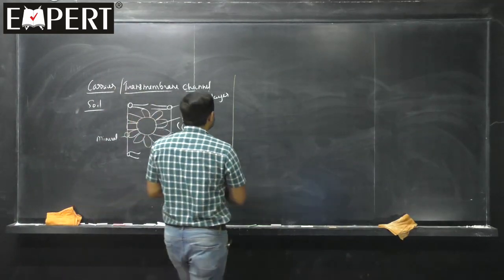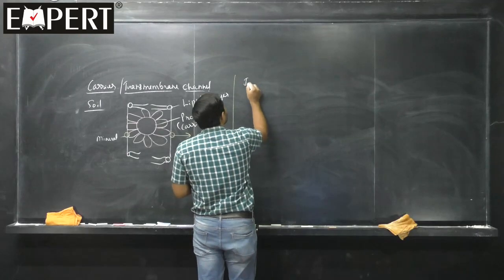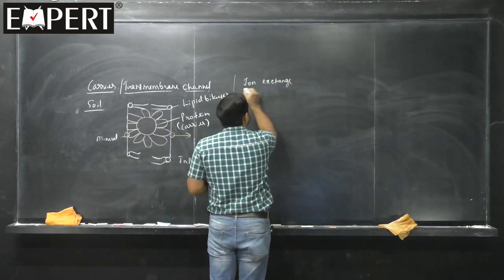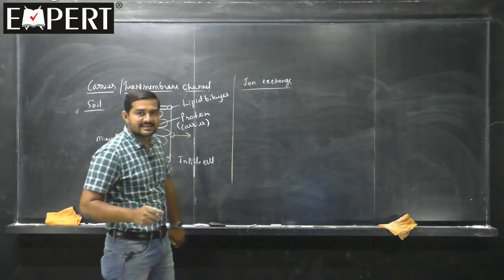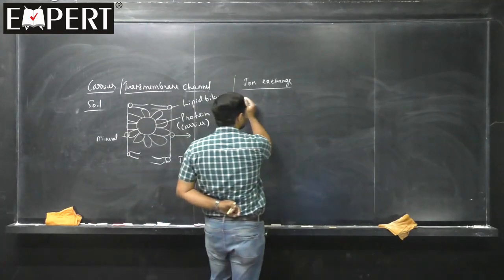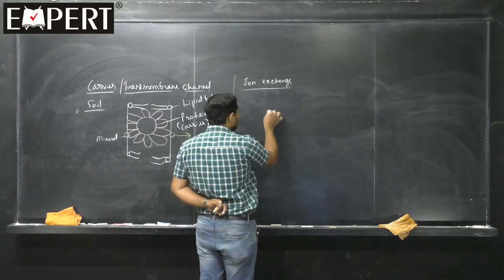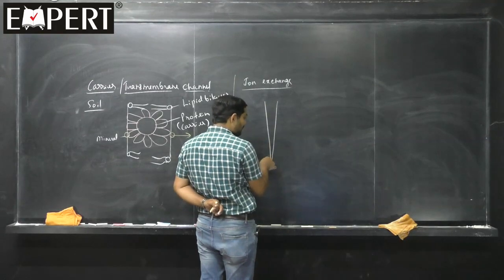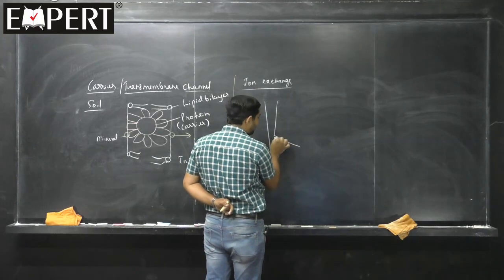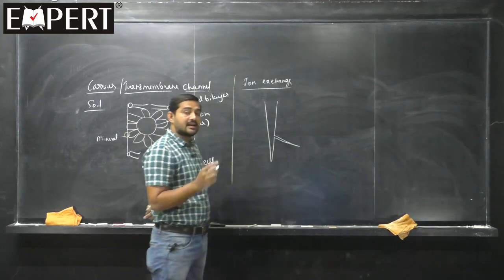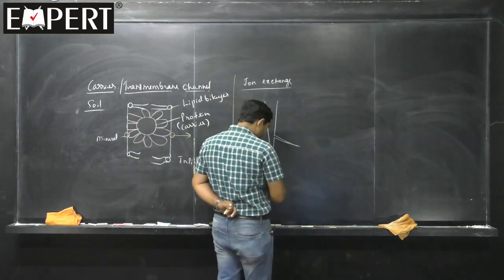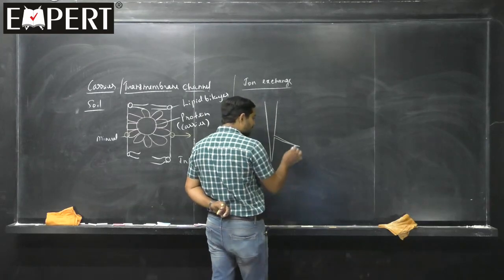Second point, this is called the ion exchange concept. Ion exchange, and what is that? See here, friends. This is the plant root. In the root hair region, explaining becomes difficult for me. It's a root only. So this root has